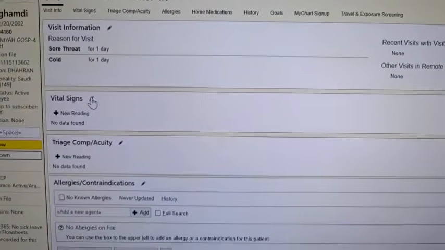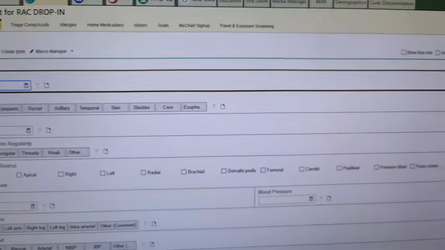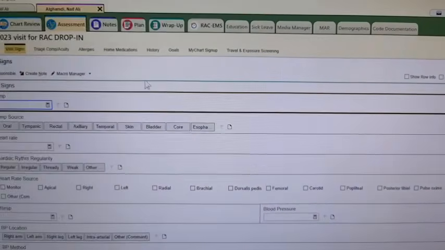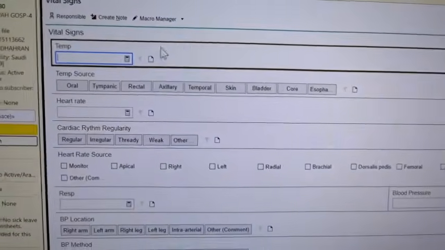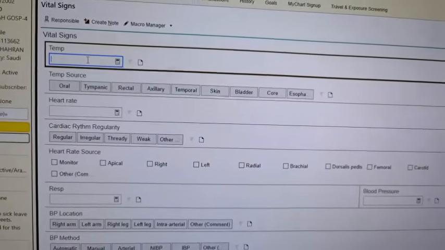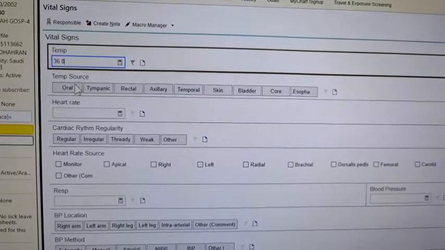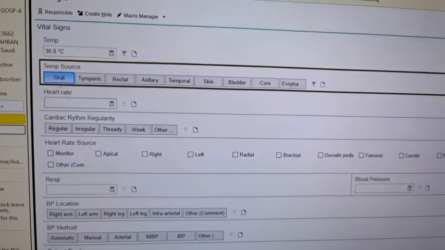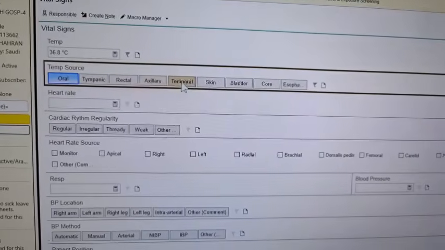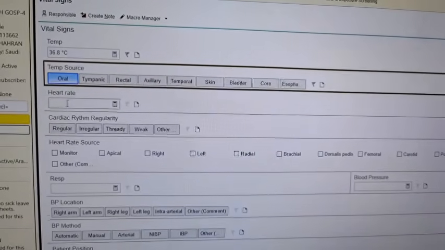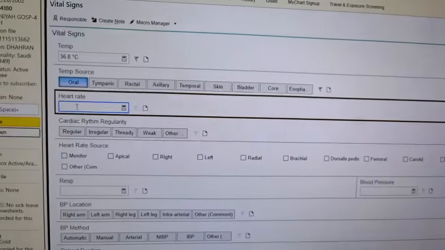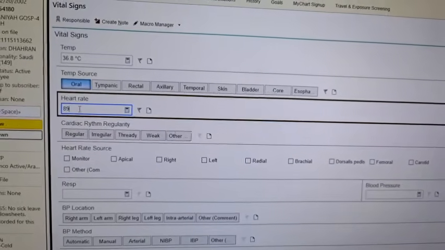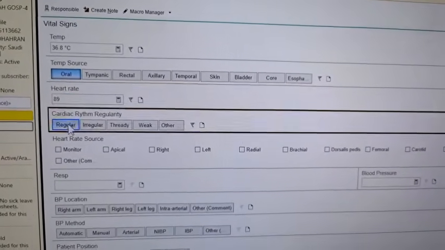Click close. Then vital signs. In the vital signs, you need to fill in the temperature, 36.8. If you did it orally, click oral. Tympanic, this is all self-explanatory. Heart rate based on your monitor is 89. You put regular.